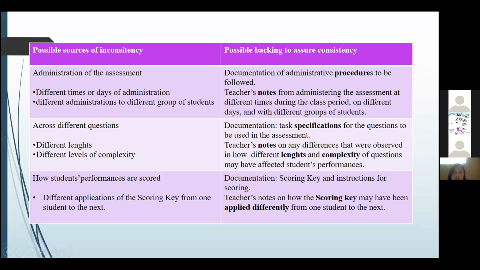Okay. Well, in the administration, it's important for teachers to take notes about how it works for the different students in different classes, different times. The other